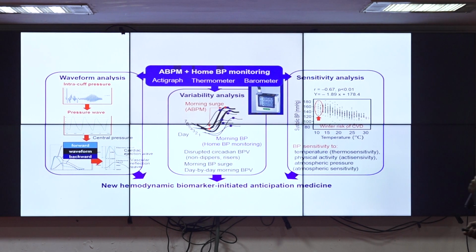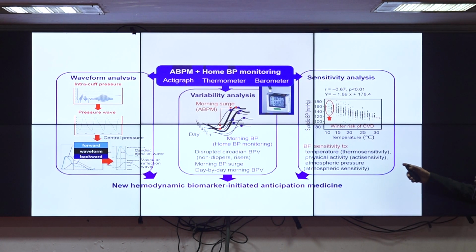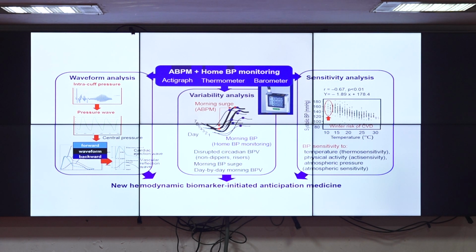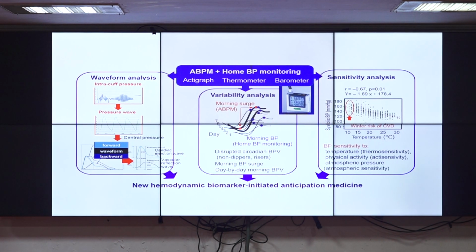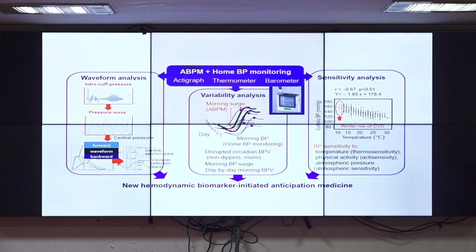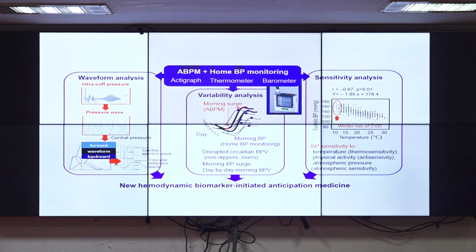And where we do this is new hemodynamic biomarker initiated anticipation medicine. This is a very new thing. Only Cario has prepared data for that. And here you can see the sensitivity analysis and waveform analysis, and it is totally dependent upon actigraphy and the